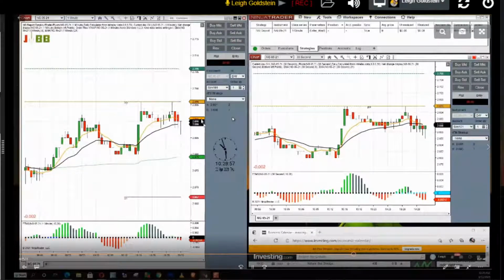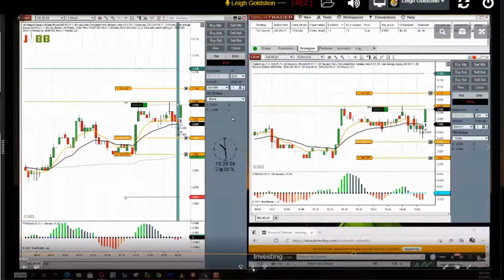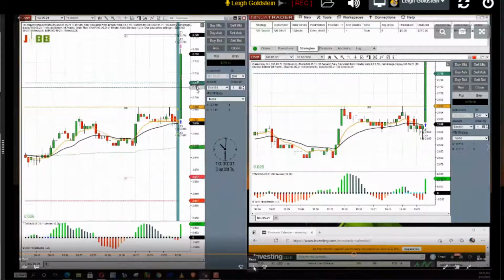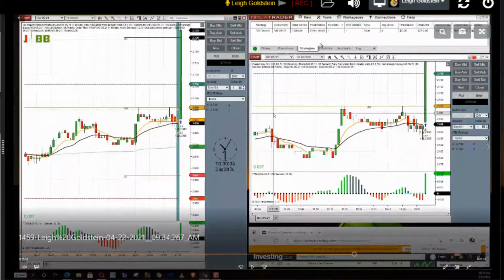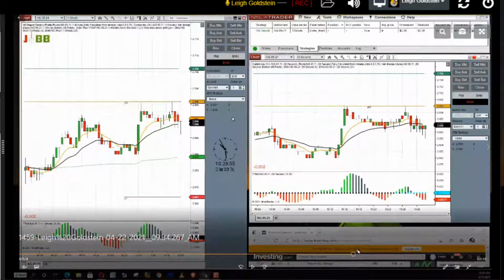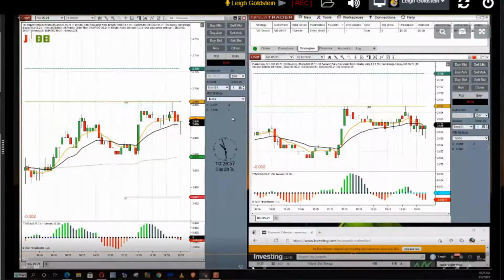Okay, so here's our brackets, and it just shot right up. Just a perfect natural gas move. It was a very, very good looking trade. And the reason it moved that way is the news numbers had a bigger drawdown,